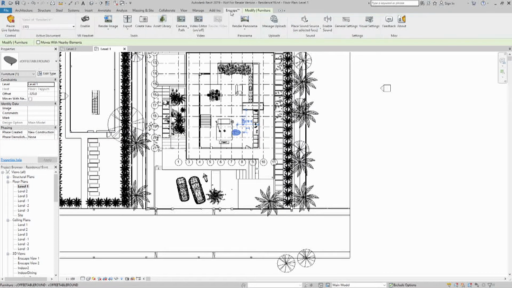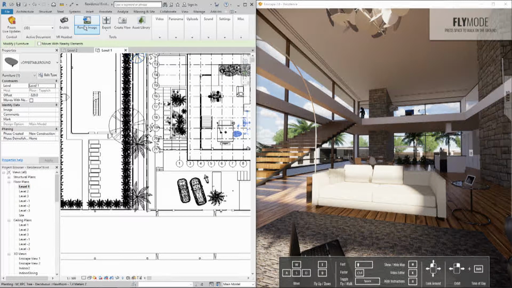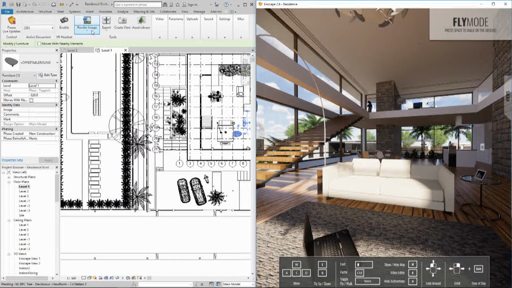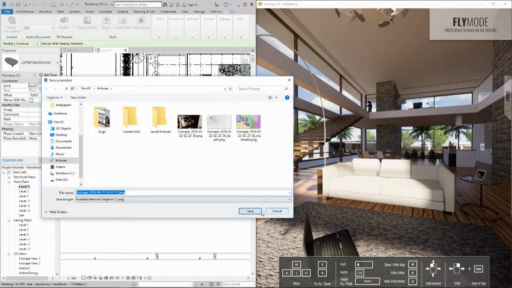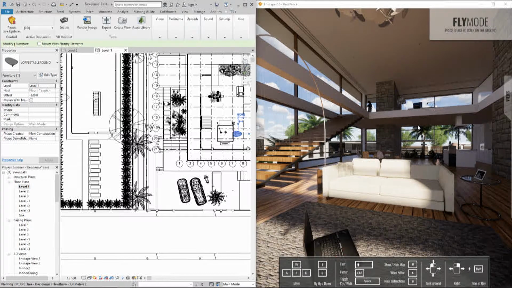We want to make things very simple, and so showing you this, I want to show you also there's a couple of things that you can do other than just navigate through. You can also export it, for example, as a rendering. Just save this out, and again, what takes very long with other programs, here it's a couple of seconds. This is a 4K rendering, and it's there. So this is one. The other one is you can also render out a panorama.